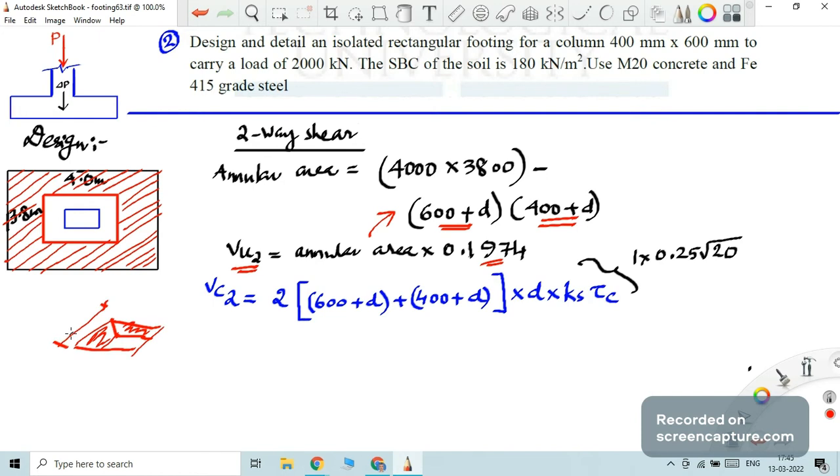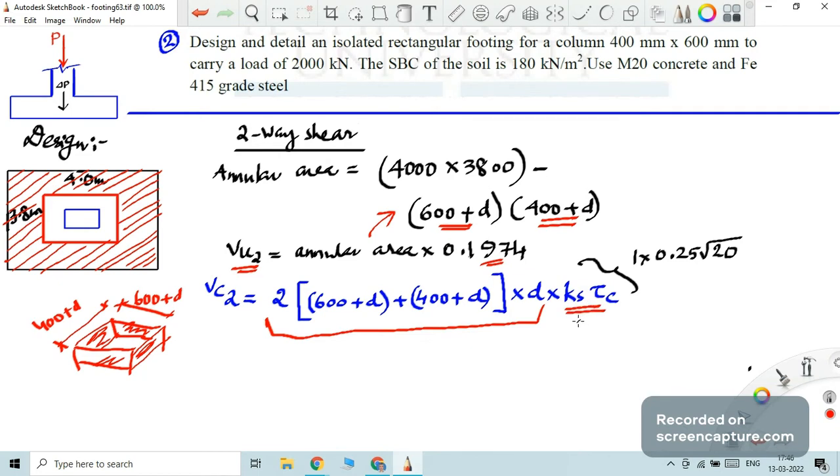This size is 400 plus d. This size is 600 plus d. So that face is opposing this shearing force, that is VC2, and that area is 2 times (600 plus d plus 400 plus d) into d. So that is the face area of concrete resisting that, multiplied by